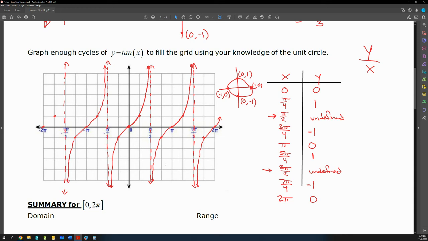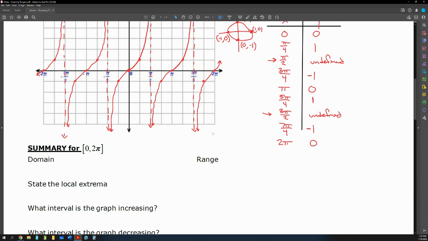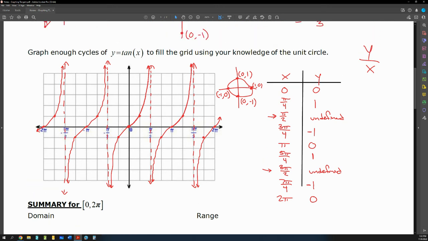Okay, so this is the graph of the tangent function. It is periodic because it repeats over a given interval. And that interval, as you can see, is pi units in width. Each of these parts is going to repeat for every pi units. So you might notice that the period of the tangent is pi units, whereas for sine and cosine, remember that's